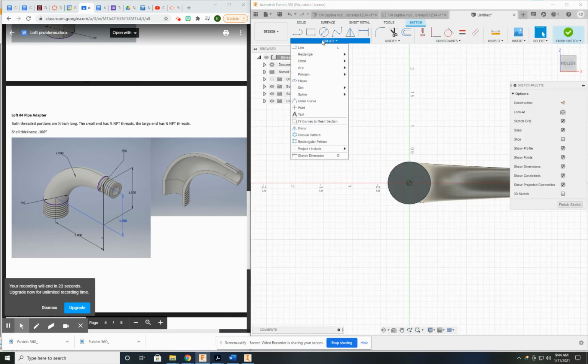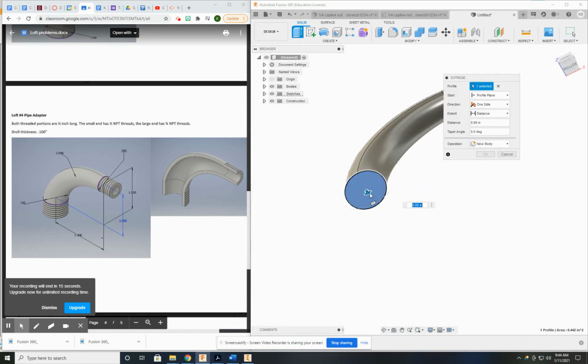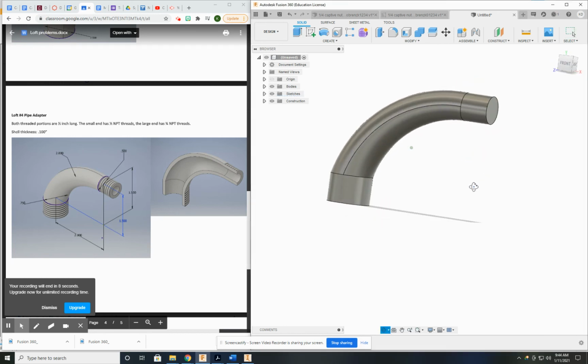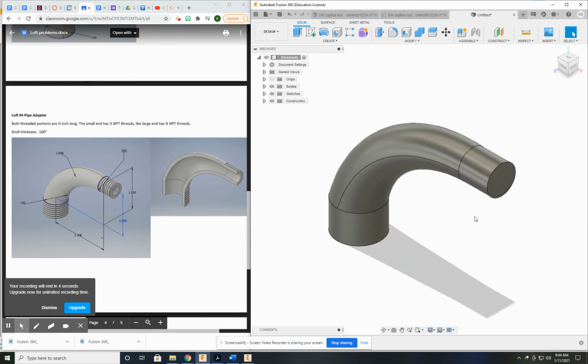Now one thing I do want to point out about threading is some programs do threading much easier than others. Fusion, which is what I'm using right now, has been much more problematic with threading than Inventor, which is where I originally made these. So if you're using Fusion in my class, I'm not going to ask you to thread. Just give me the solid portions here and